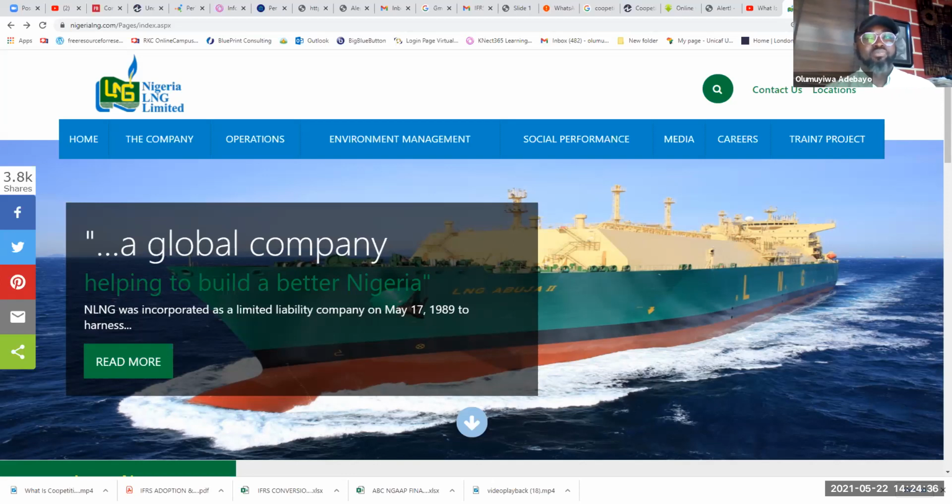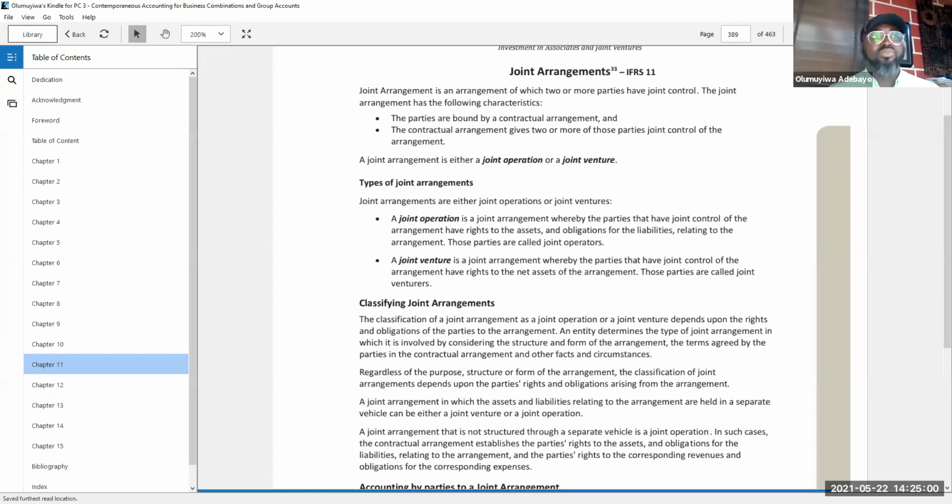Because your stake, okay, there's a question. Shegun, over to you. Okay, sir. Yeah, my question is, what if the joint operation to be performed will not last over an accounting period? Maybe it's just a one-off service between two partners. For instance, we combine resources to execute a particular project, which might not last for maybe four or five months. Do we still call that a joint venture or joint operation?